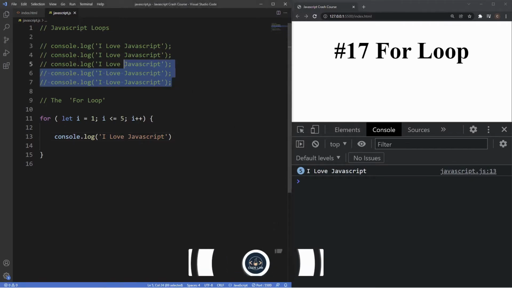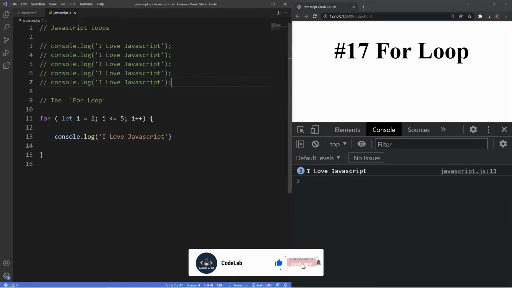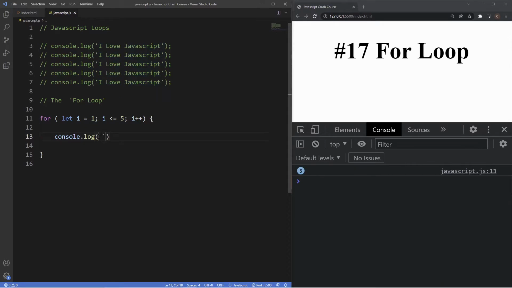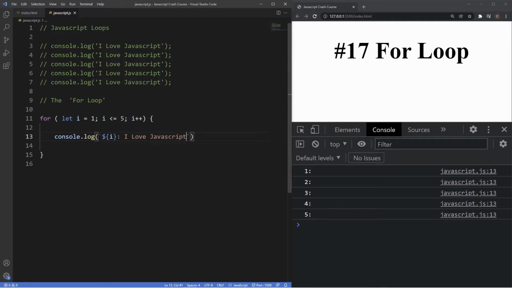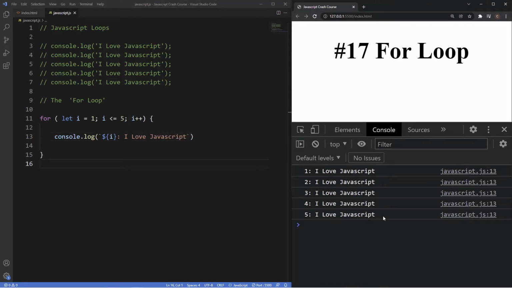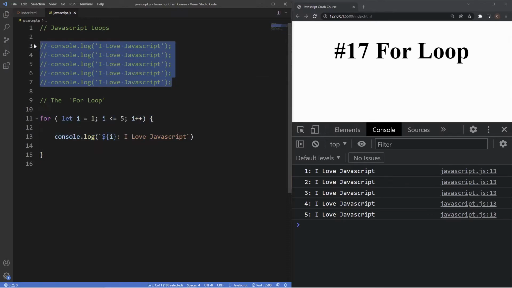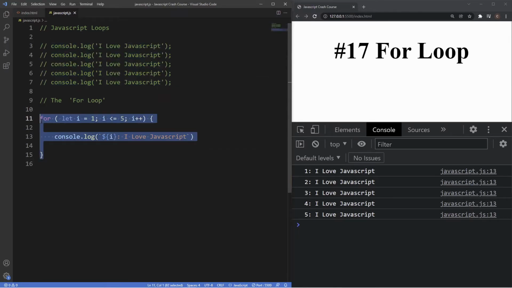And just to print it out 5 times like we did for this example, we're just going to use template strings here. So we're going to grab the variable i and a colon, and we're just going to say "I love JavaScript". And again, as you can see, it's been outputted 5 times. And again guys, you can see how using the for loop we've managed to create the exact same scenario as we did in this example, but this way you can clearly see it's much more efficient, practical, and